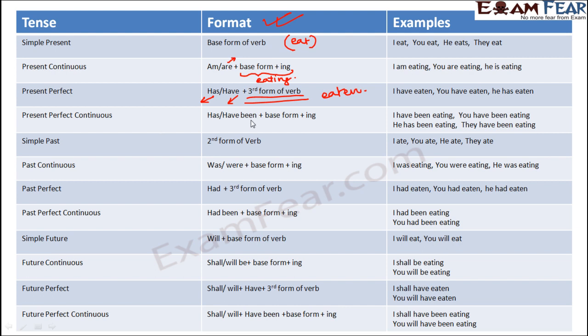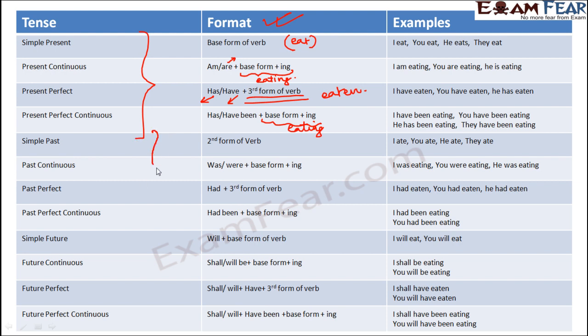Present perfect continuous: has, have, been, plus base form plus ing. Base form plus ing again is eating. So you will use has been eating for third person singular number, like he has been eating, she has been eating, Rama has been eating. For the rest of the others, you will use have been eating. So once you are clear with all the four forms of the present tense, past and future become very easy,